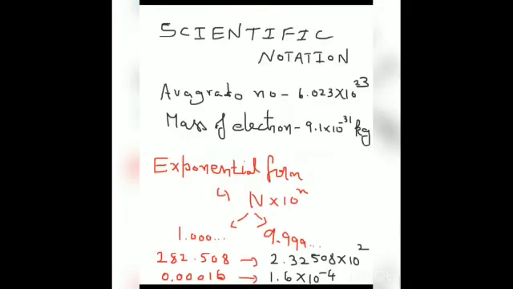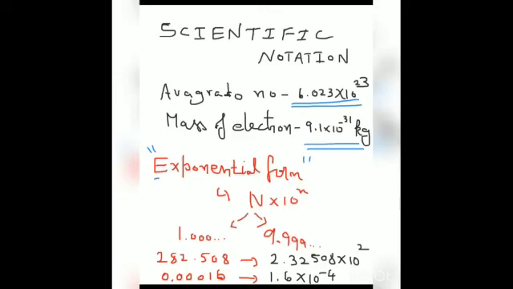Next, we will go to the topic of scientific notation. In chemistry, we have to deal with very large as well as very small numbers. For example, the mass of macromolecules, which is very large. Also, Avogadro number, which has the value of 6.023 into 10 power 23. And also, we have to measure very small values like the mass of an electron, 9.1 into 10 power minus 31 kilogram, or Planck's constant. These are all very small values. So, we always have to follow the method of exponential notation in expressing such values.